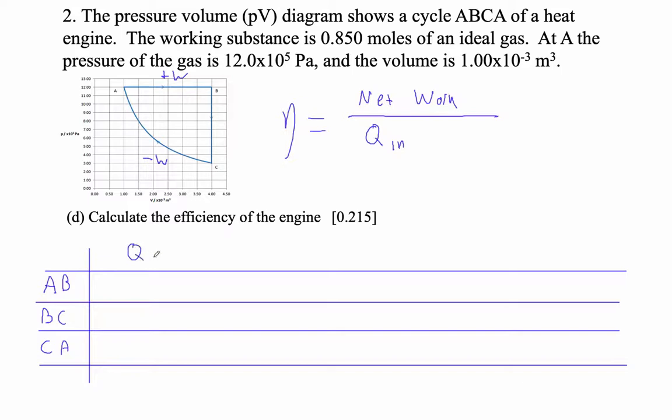Okay, so this is a Q. This is our delta U. This is our work. There we go. All right, remember that these guys are equal, right? This plus this equals this plus this. Okay, so for AB,